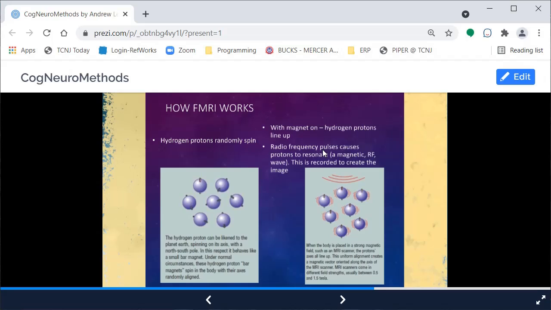A radio frequency wave is part of the electromagnetic spectrum, but we can't detect or feel that. That radio frequency pulse, which will be referred to as the pulse sequence, causes these protons to bounce, to resonate. And because they bounce, that'll create tiny magnetic fluctuations that are picked up by the scanner,